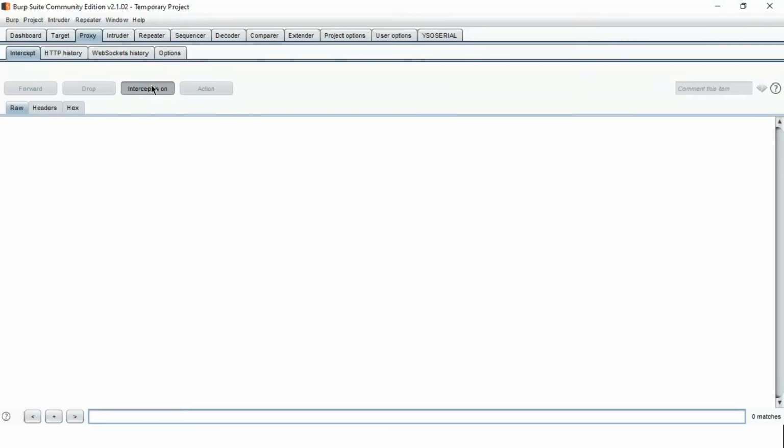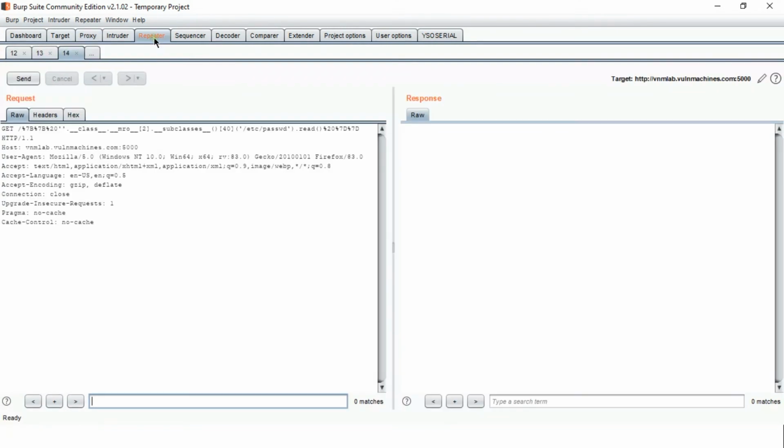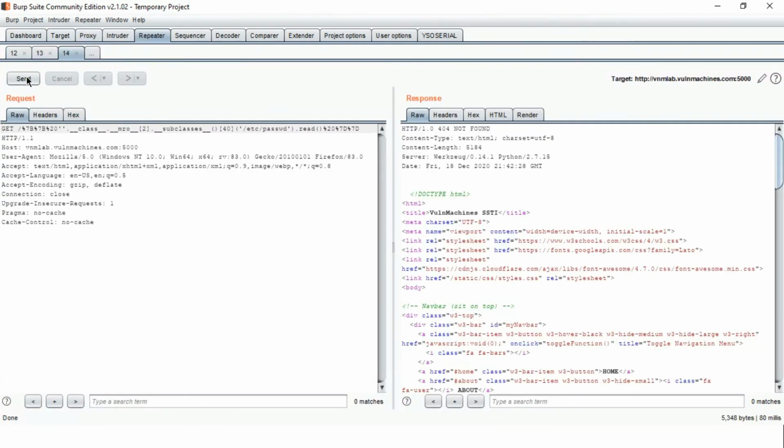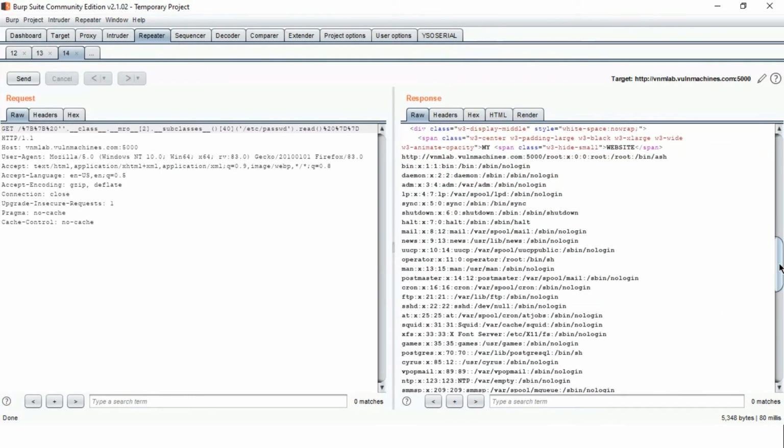I think let's press F5, interception on, F5, send to repeater, and see the output. So as you can see, we are able to read the etc passwd file through this template injection. So this is the payload of template injection for Jinja 2.